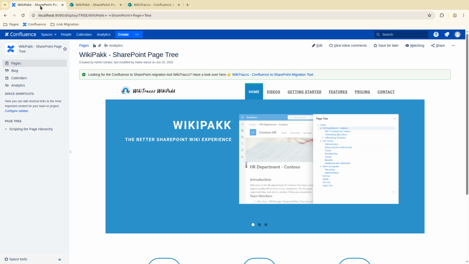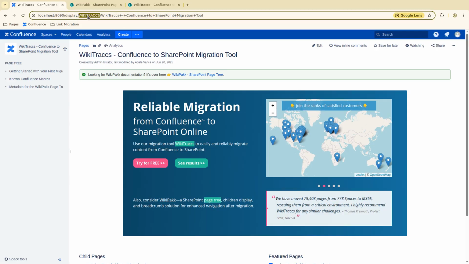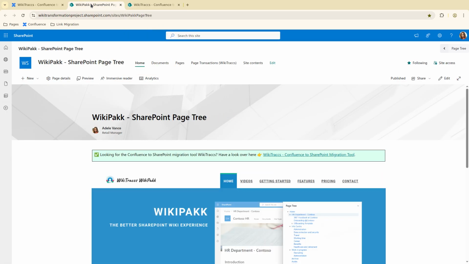So let's quickly look at this page here. We are in Confluence again. In Confluence, it's space tree. This one, when I click that, it's linking back to the WikiTraccs space. And now in SharePoint, let's see, where are we? Okay, when migrating this page, WikiTraccs sees this link. This is pointing to another space. WikiTraccs needs to know which site this will be in SharePoint, and it goes to, again, the WikiTraccs site,